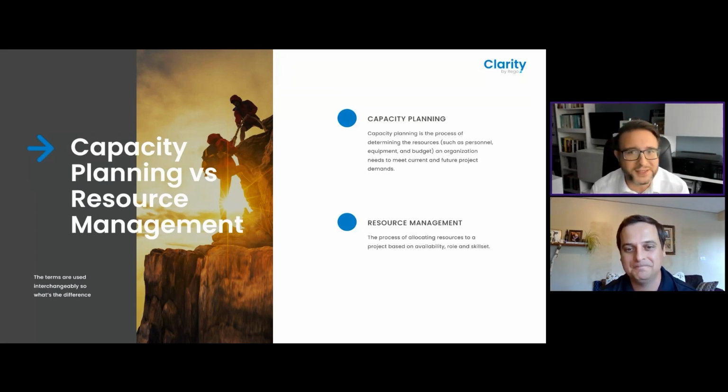Same principle applies. And if we continue along that, guys, so continue to look at some of the fundamentals of capacity planning and resource management, let's just clarify these two terms because they're often used interchangeably. And I can almost guarantee that I will be using these interchangeably as we go through this presentation. But first off,